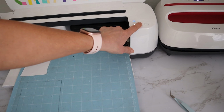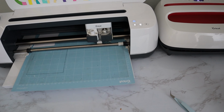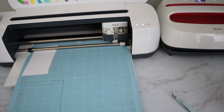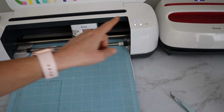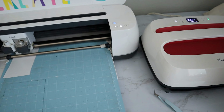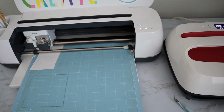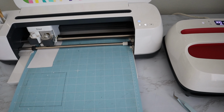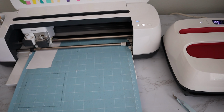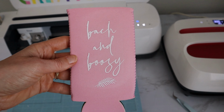And we can cut. And so while that's cutting, I want to mention a couple of things. One, I'm going to be using my gigantic monster heat press over here, and the reason for that is I actually tried to do this with my mini heat press, and with the mini you're supposed to move it around. And I found that when I moved it around, so this is a test that I did,